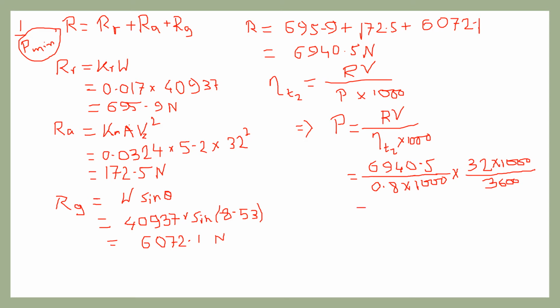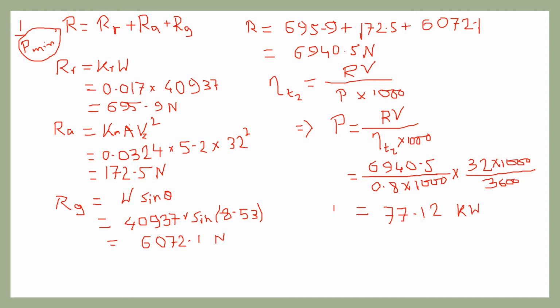So from here we calculate this equation: 6940.5 into 32 into 1000 divided by 0.8 into 1000 into 3600. We get the value of power, that is 77.12